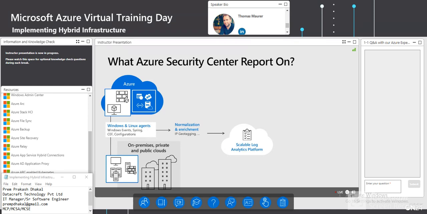These will be then stored in a scalable log analytics platform, which we're going to see a little bit later, where you could already go and export these logs to Excel or Power BI and do your own analytics on it if you wanted to. However, with Azure Security Center, we add a little bit more to it. So what we do is we obviously can also add other